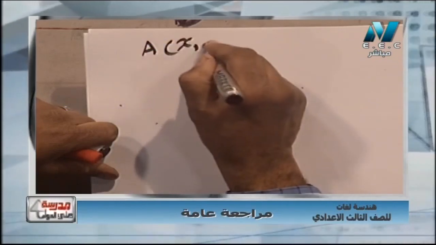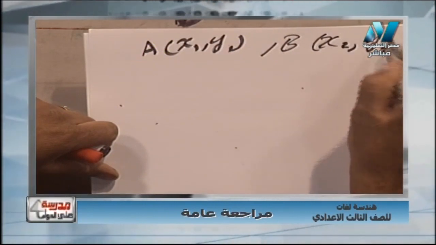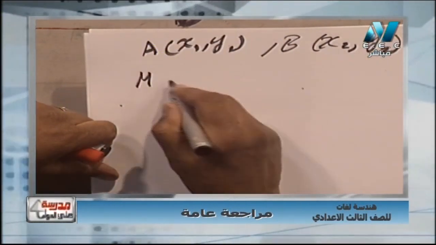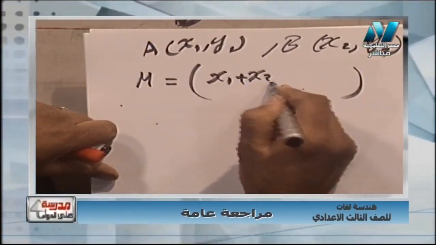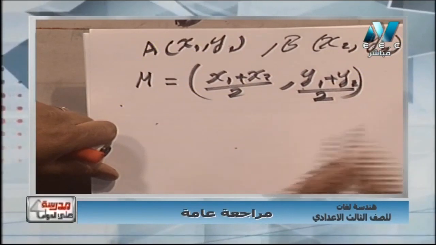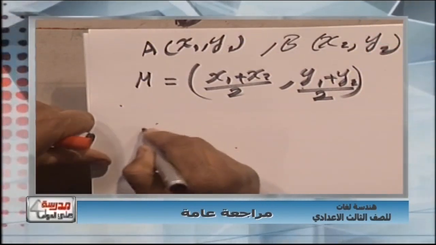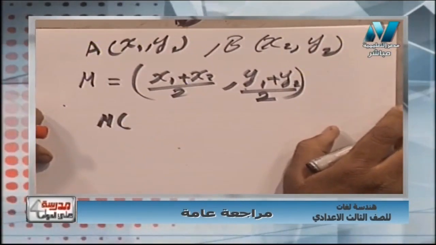Another rule is the midpoint. If we have A (x1, y1) and B (x2, y2), the midpoint M equals x1 plus x2 over 2, and y1 plus y2 divided by 2. If we have the midpoint M,